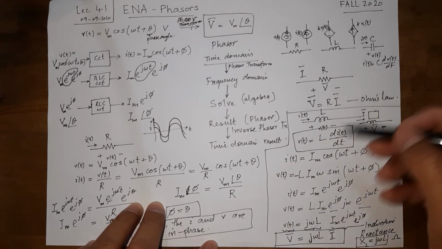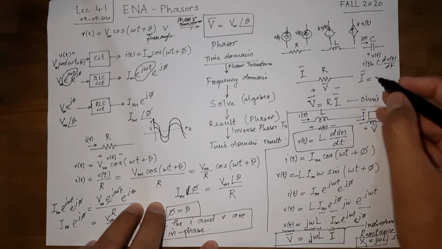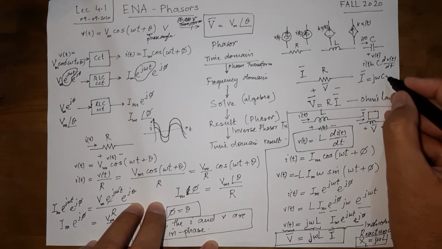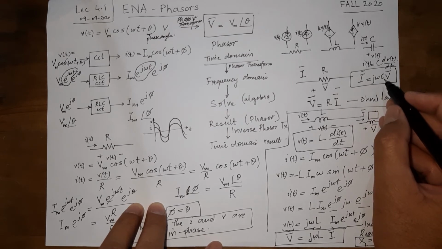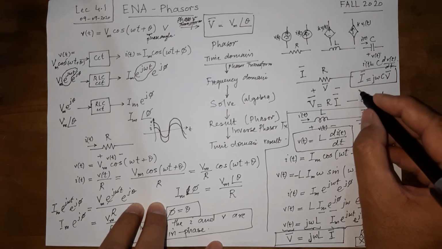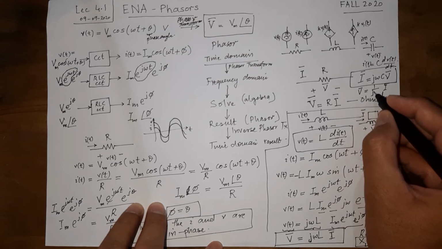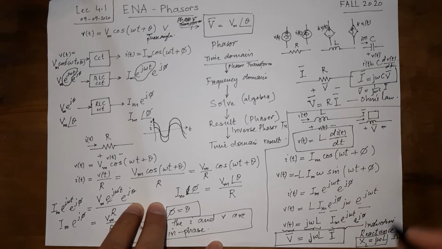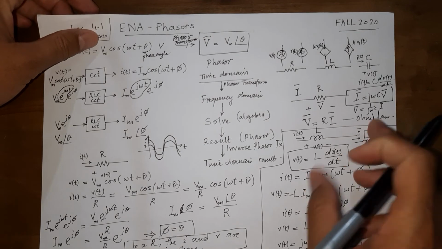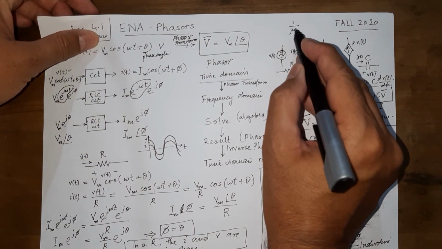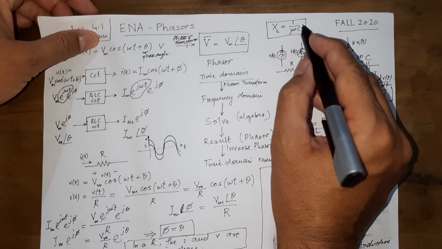We can very easily write this result here as well, that the phasor current is equal to j omega C times the phasor voltage V. This is what a capacitance becomes in the frequency domain, and here V is equal to something times I. We need to write it like this, and that something is going to be 1 over j omega C. This 1 over j omega C is what is known as capacitive reactance, and its units are in ohm.